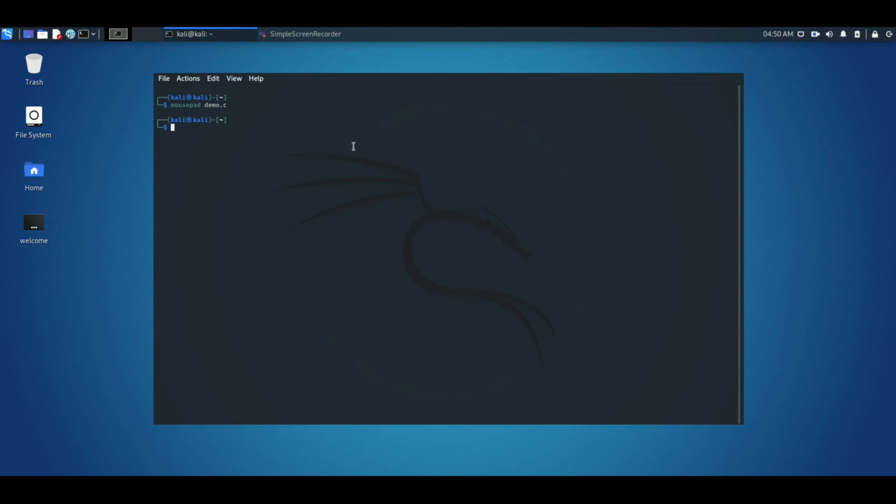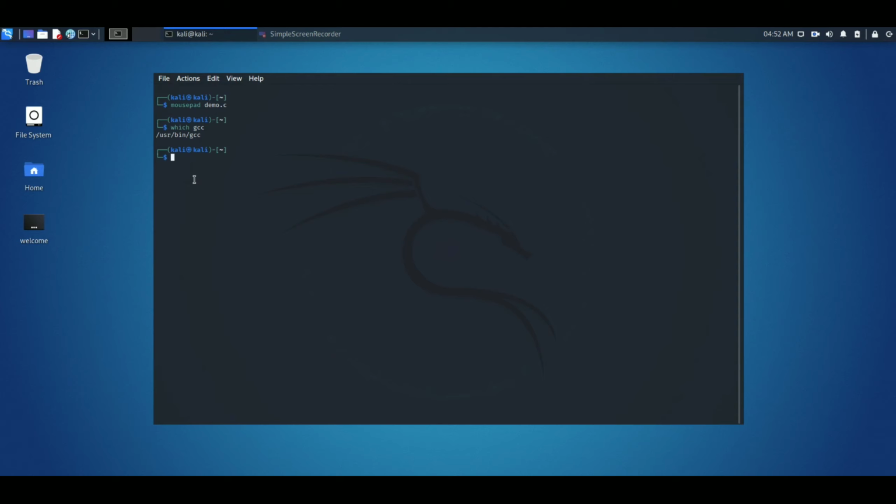To check that, type which space gcc. It will give the absolute path where the GCC, my compiler, is located. So it is in /usr/bin/gcc. So my compiler is in my system. So I will go further.